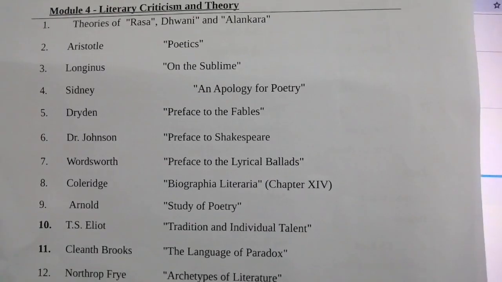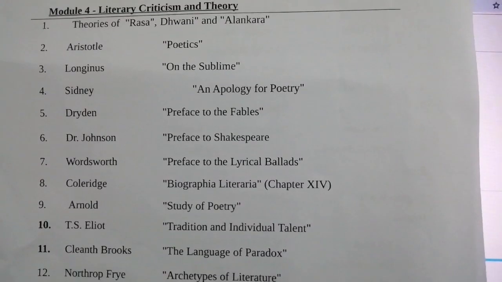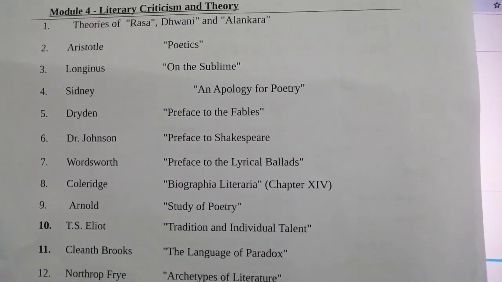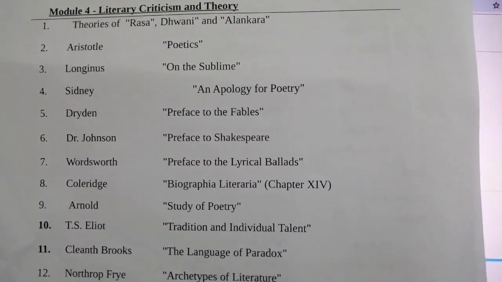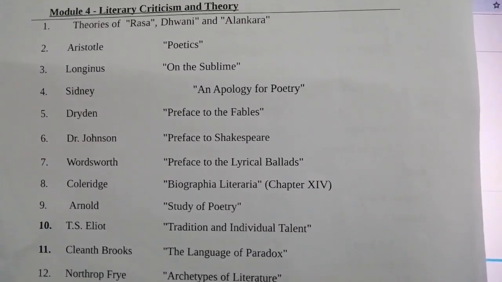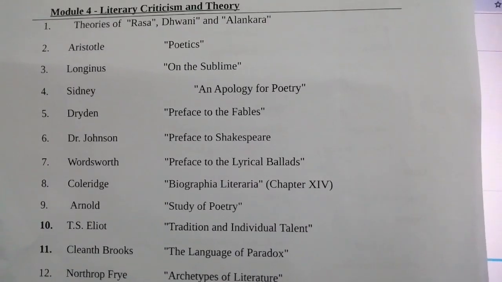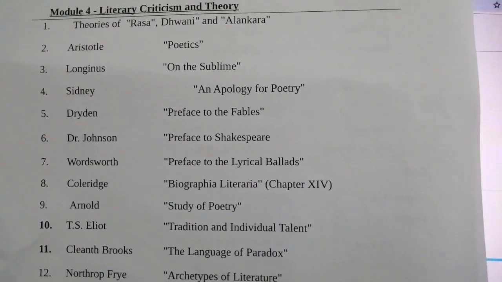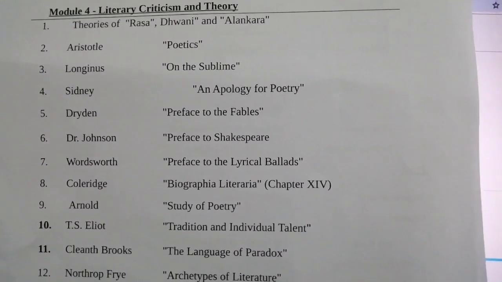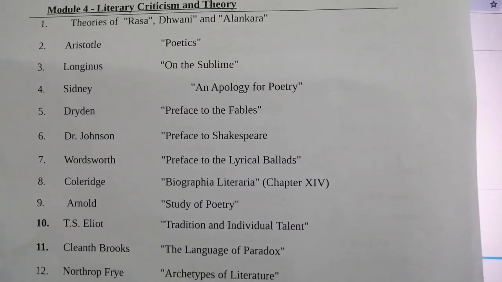The title is Literary Criticism and Theory. Here, plenty of topics are given. Theories of Rasa, Dhwani and Alankara, Aristotle's Poetics, Longinus on the Sublime, Sidney's An Apology for Poetry, Dryden's Preface to the Fables, Dr. Johnson's Preface to Shakespeare, Wordsworth's Preface to Lyrical Ballads, Coleridge's Biographia Literaria, Arnold's The Study of Poetry,